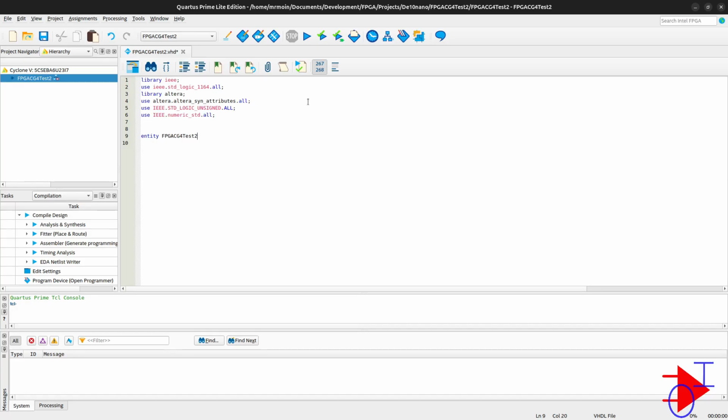That is our entity, and the entity is the entire project. Basically, it holds all the pins that the program will use. So I'm going to end the entity,